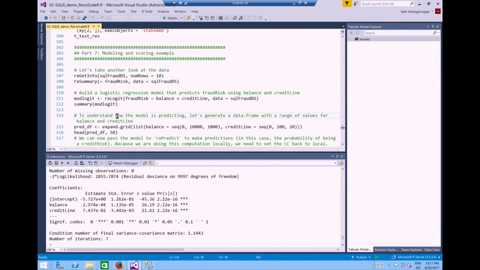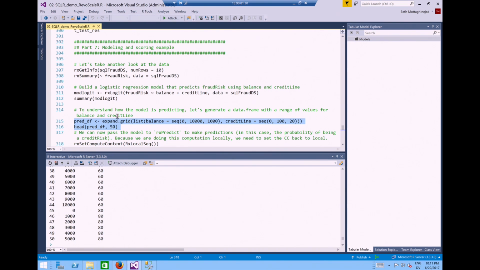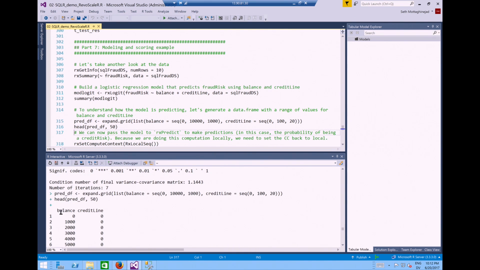So we have a model object. We can go and look at some example predictions. In this case, we're going to create a small dummy data set that has some examples of balance and credit line. Notice that our model is being built right here.